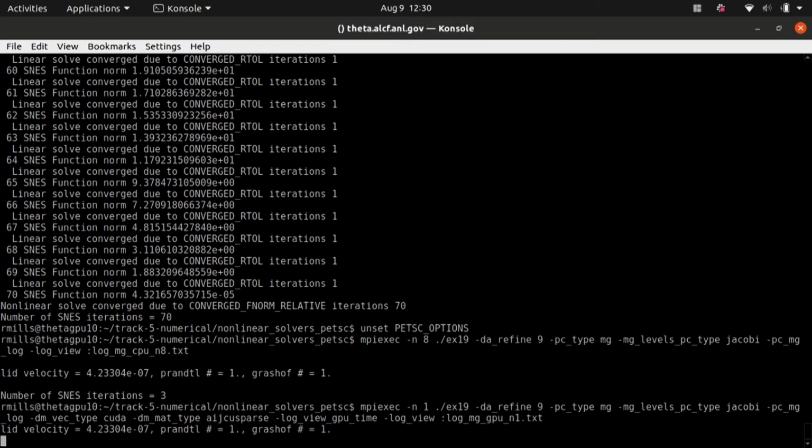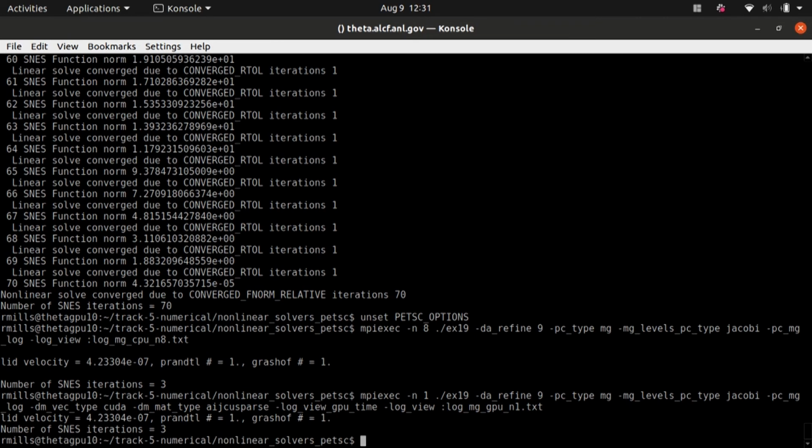I will note I'm only using one MPI process here, and that is actually because Theta GPU is not running something called NVIDIA's multi-process service, which is a service that you can run on an NVIDIA system that multiplexes a bunch of different GPU calls from different MPI ranks. If I were running that, I'd be able to run on more MPI ranks and it would work well, but it's not running that, so I'm just running on the one. And let's see, that did run